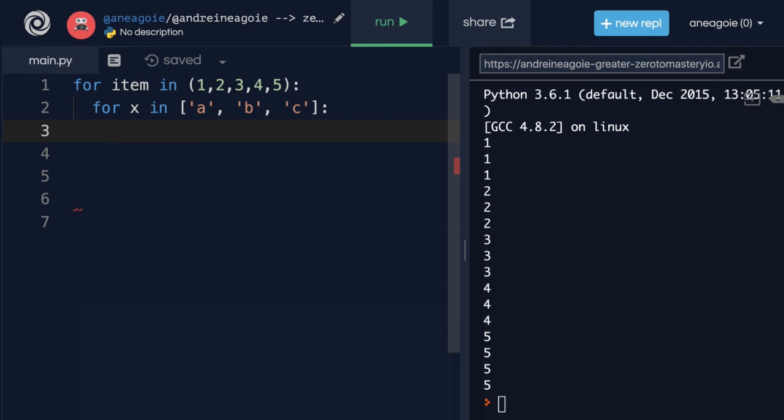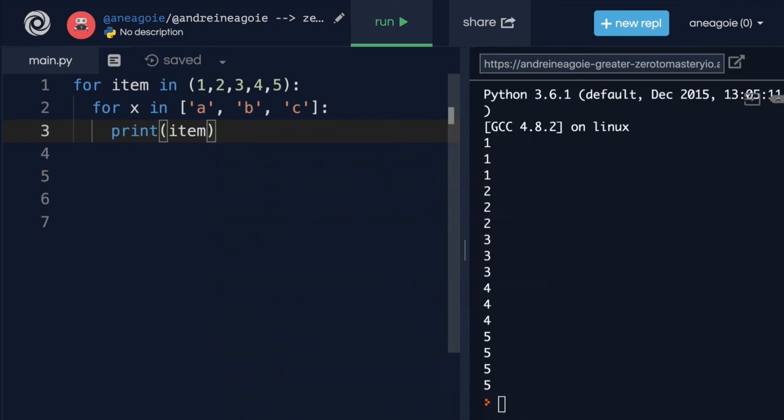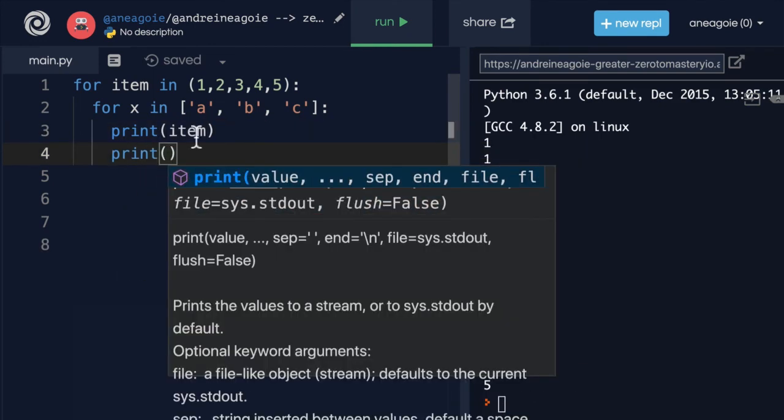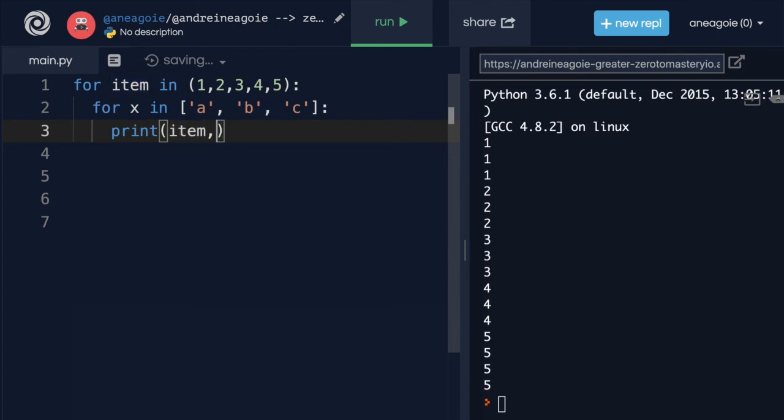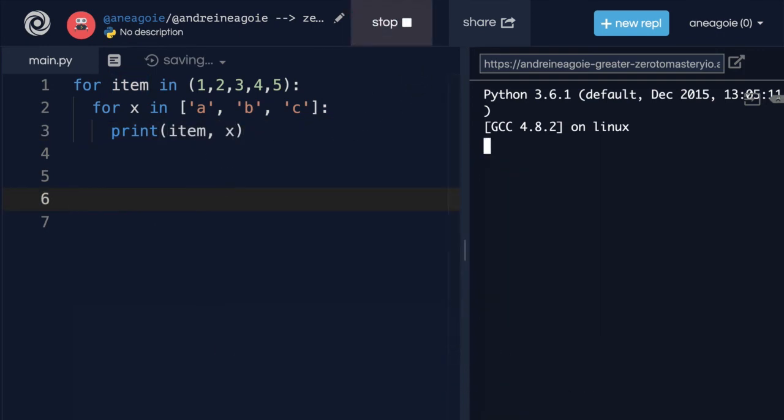And as a matter of fact, when we do conditionals in Python, like if statements, we can always nest those as well. Because in Python, it's always the indentation, right? So I can say print here item, and then also print, and you know what? Let's print them one next to the other. So I'm going to say print item and print x. If I click run,